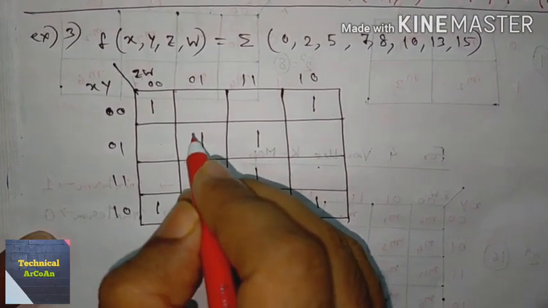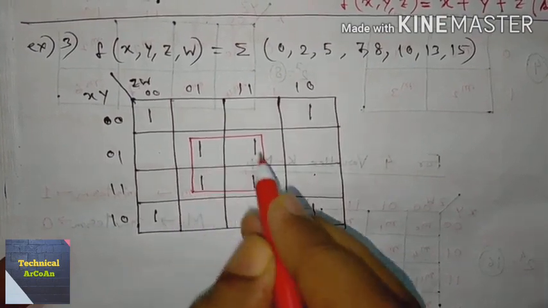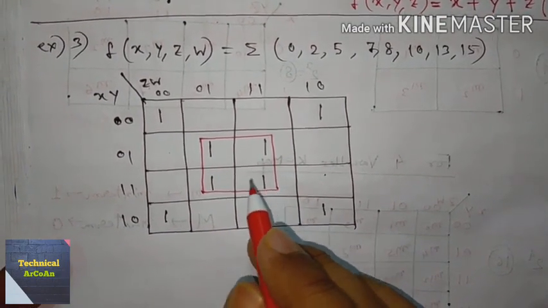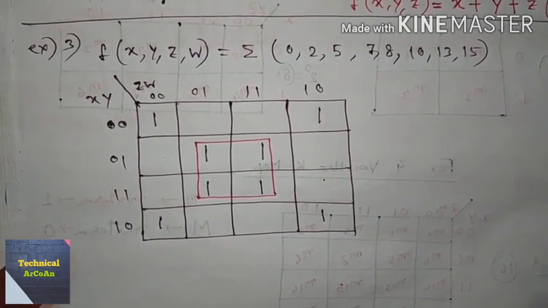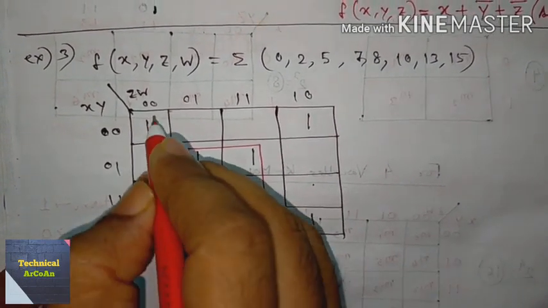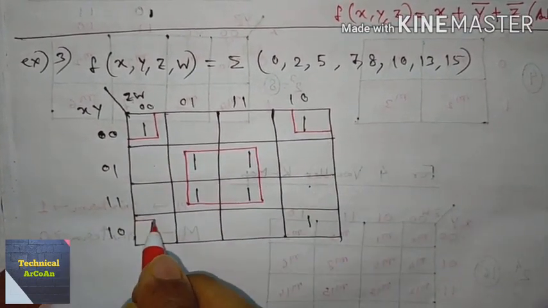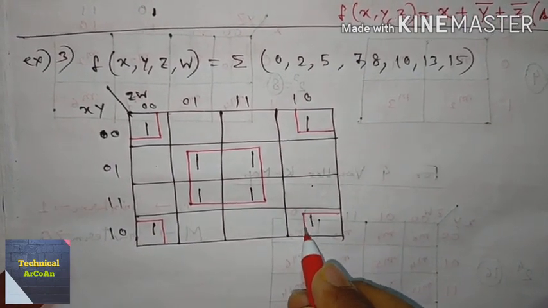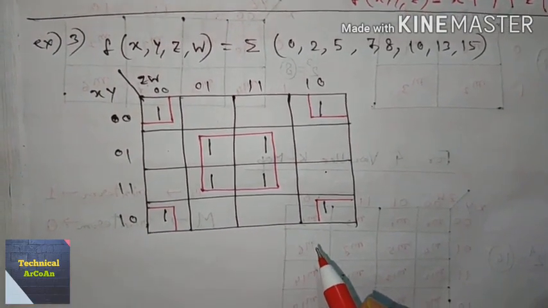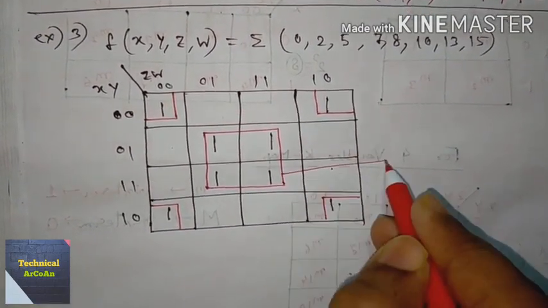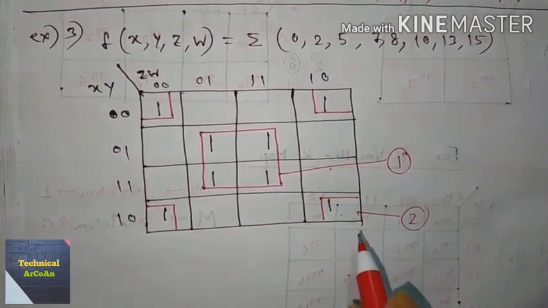Same way the adjacent 1 is given in that particular position. So these 4 can be taken within a group. So it's a quad. And now the rest of the 1s are scattered, but we can form a group. How? We can think about that. If we think that this Carnot map can be folded row wise and column wise, then these 4 1s can be adjacent like that. That means 2 groups are formed. This is the first group and this is the second group. Second group means these 4 1s can form a single group.